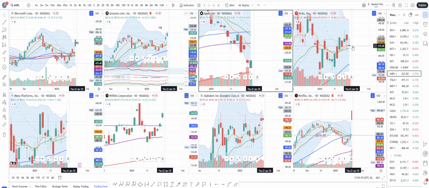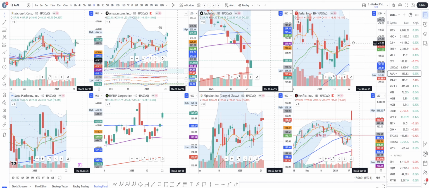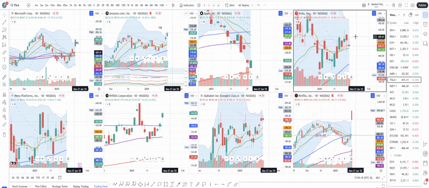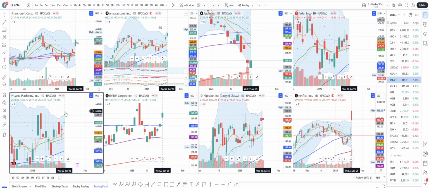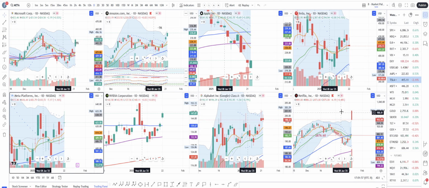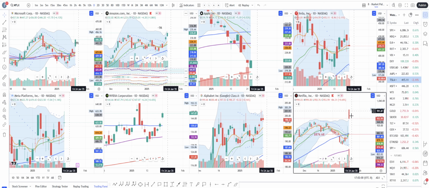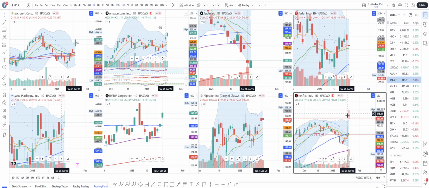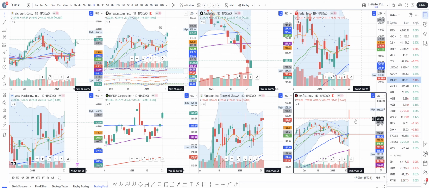is moving down, as expected. Let's see how it closes the week. This will be very interesting. By the way, yesterday late at night we posted a video about the Tesla midterm forecast. If you're interested, you can have a look. Meta is uncertain, possibly a bearish reversal. The same for Google and Netflix. Netflix returned into the Bollinger Bands, and right now it will depend on the next couple of candles how this big red candle is going to be handled. So far, it is bearish, but depending on the next couple of days,